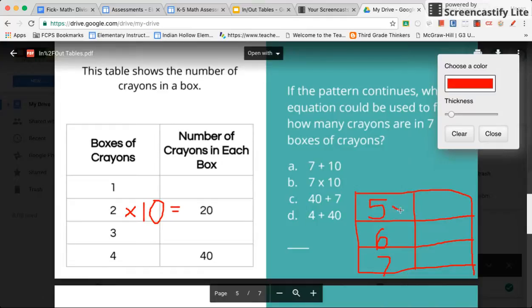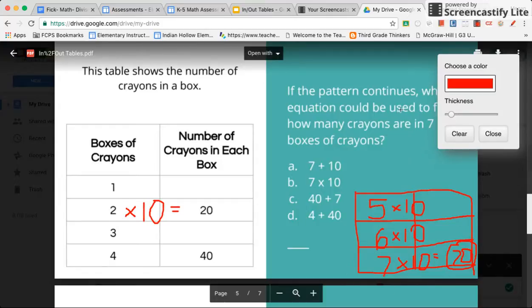Well, if my rule is multiply by 10 to find the missing numbers, I'm going to continue that rule of multiply by 10 the whole way down my column, and I'm going to see that to find the missing number that would go here on my table, I'm going to have to do 7 times 10, which would give me 70. So I know that the answer, the total number of crayons in 7 boxes is 70 crayons,